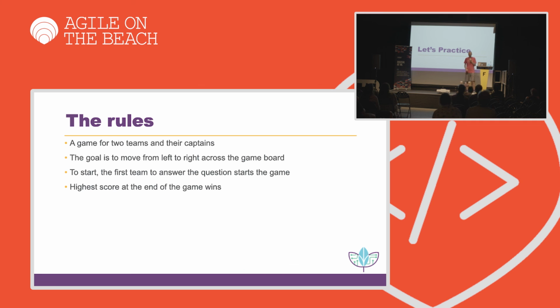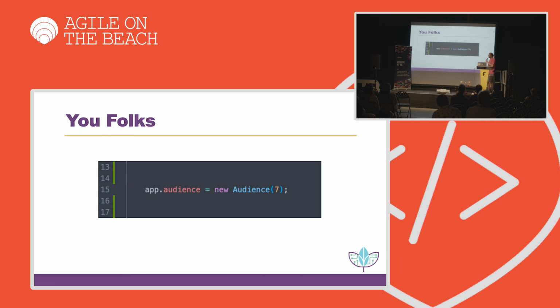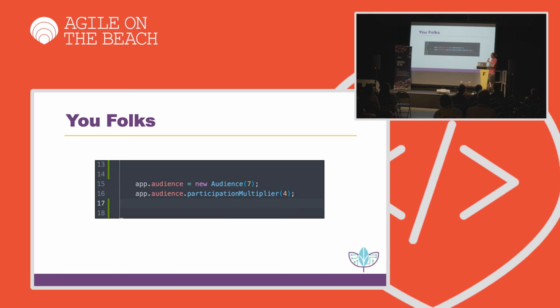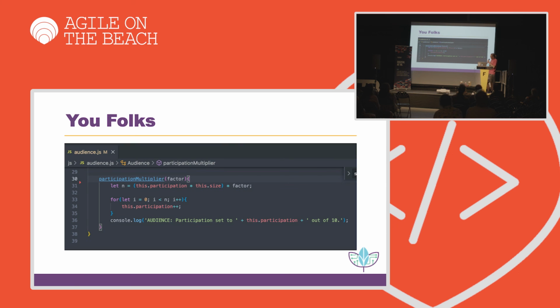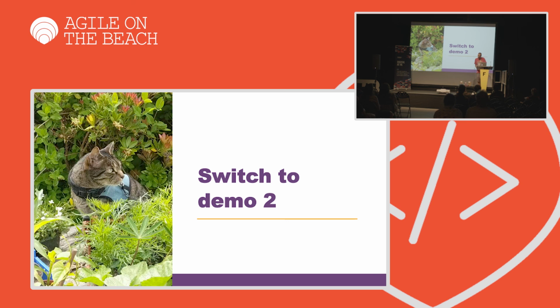So, team 1. Higher. Team 2. Lower. Look at that. Now, I think that you are going to hit the 7 this time, but there are no sound effects in this game. So I put in a participation multiplier because you all need to work a little bit harder to make up for the sound effects. We're going to multiply by 4, but I think I may have forgotten what multiplication is when I wrote the function to do this. I don't know what number that's going to come out at. I genuinely don't. But we'll see when we run the demo.